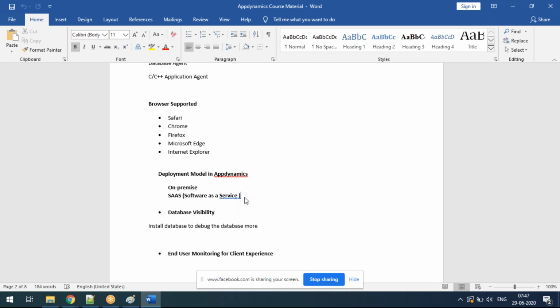So if you are going for a SaaS account, you are only getting the URL, username, password, and then the licensing information. You are only going to get the service benefit. The remaining things are managed by the vendor itself, the AppDynamics vendor. They will do the upgrade, the system maintenance, infrastructure, storage capability, everything they are going to maintain. You don't have to worry at all, because you are paying money. That's all. You are paying money and you are going to get the service benefits. That's the difference between the on-premises and the SaaS account.